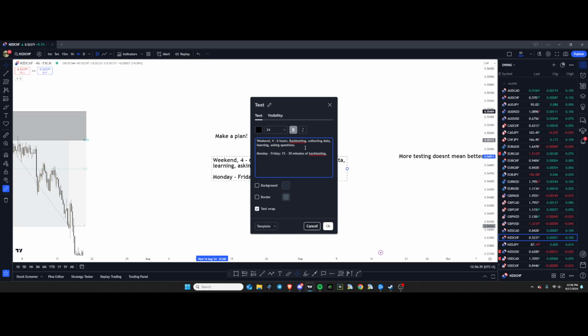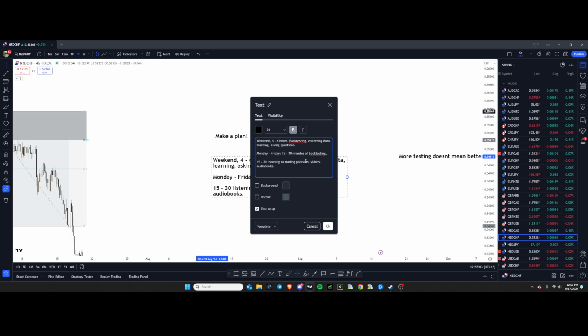Let's say you get home from work, you're done with dinner, you got home from the gym, and now you spend 15 to 30 minutes of backtesting one or two pairs. And then, if you got a dog, you can walk your dog, or you can just go for a walk and then spend another 15 to 30 minutes listening to trading podcasts, videos, audiobooks, and whatnot.